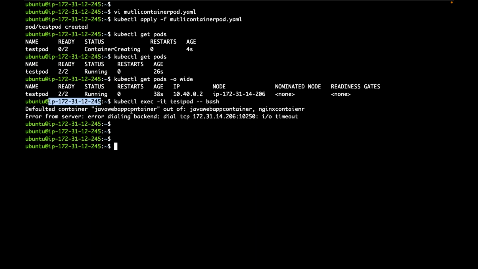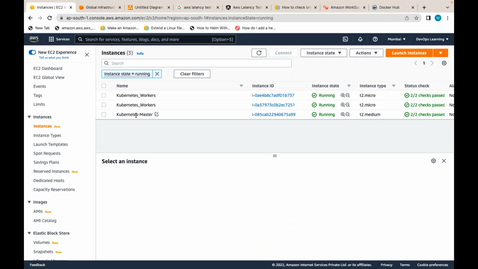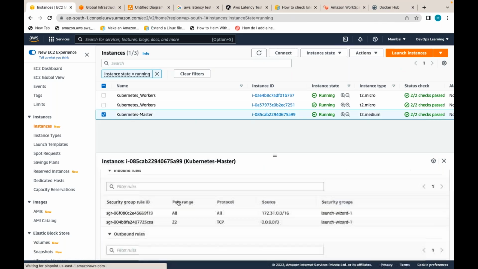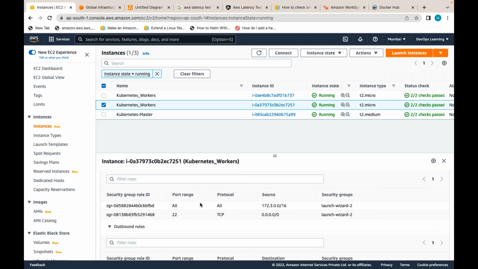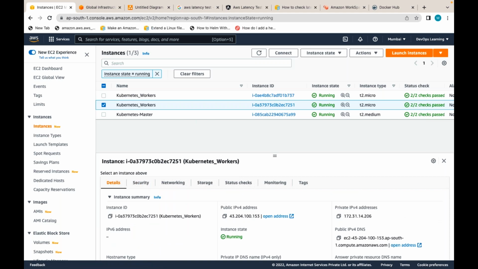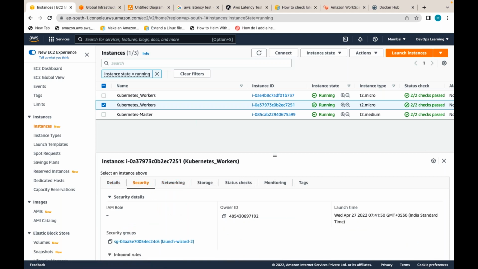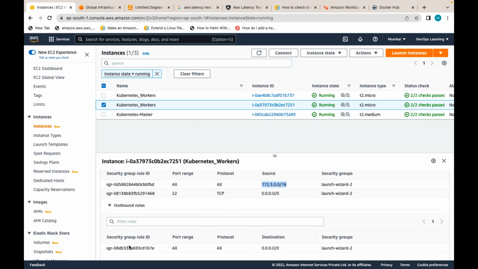Maybe there is a problem here because of the ports. Let me see. All traffic, all protocol, 172.31.0.0/16 is opened here. Is it opened properly, guys? If you see in this node, are the ports opened properly? If you see, this is 206. In the security group, I have not opened it properly. There is a typo, so that's why it is not able to reach.